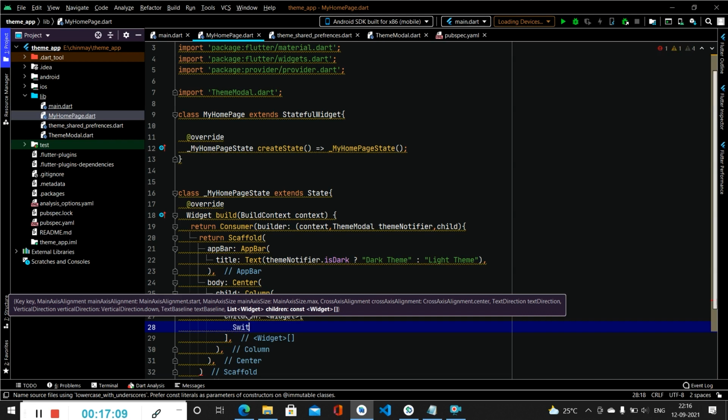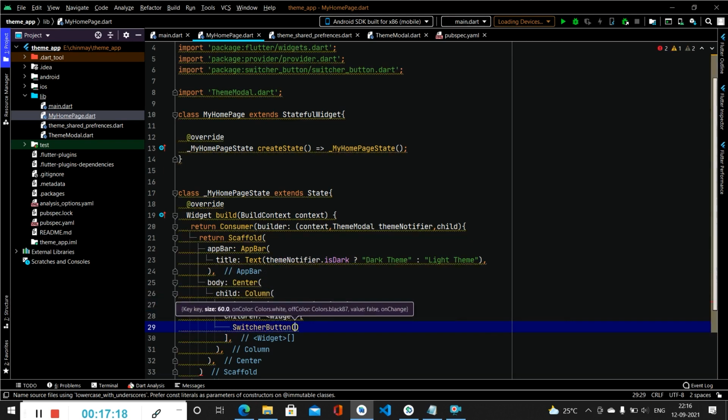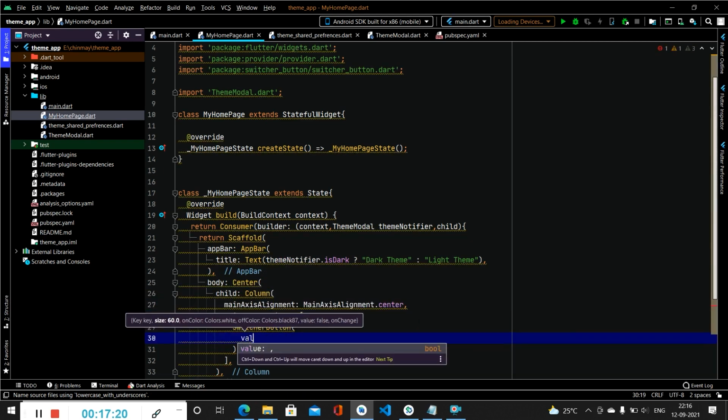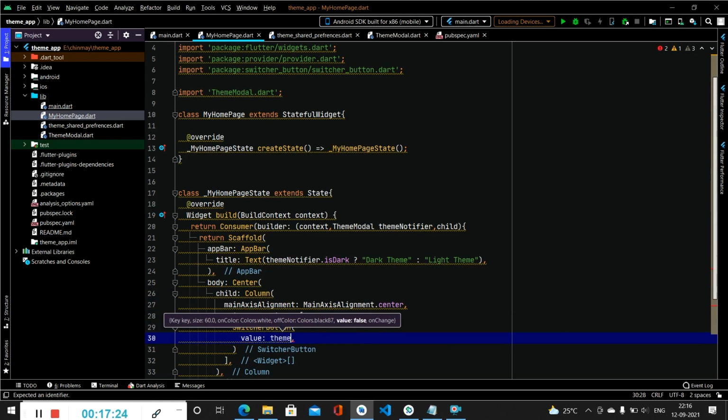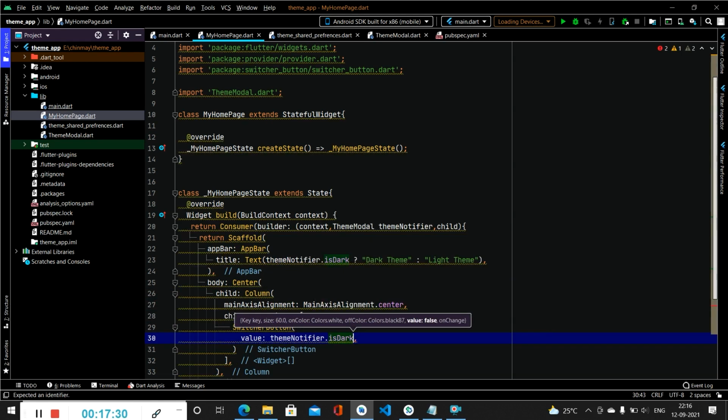So we will be calling switcher button. Inside this switcher button, we will specify the initial value as theme notifier dot is dark.